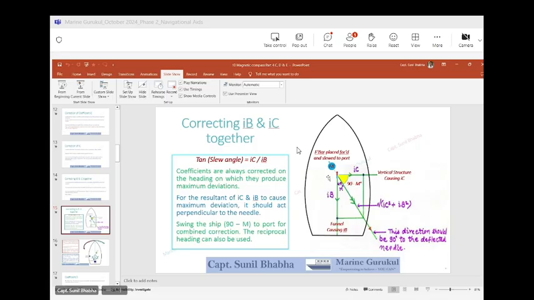To place the flinder bar, we will correct both the effect, IB and IC. Once we will place the flinder bar opposite to the resultant, that time only the correction will be corrected. हाँ, that's right बेटा. Then we are